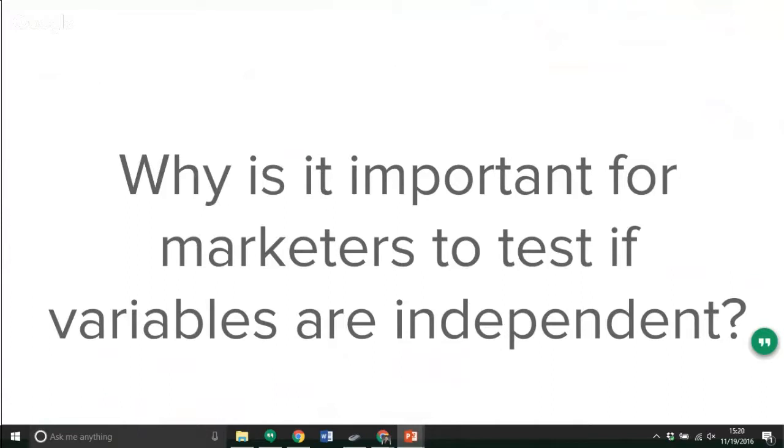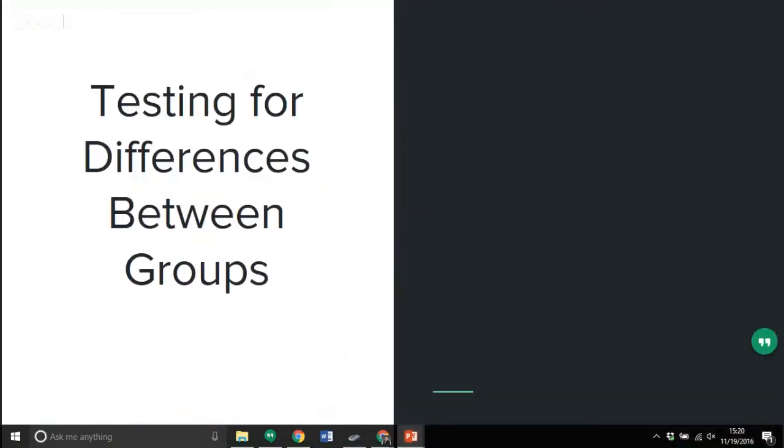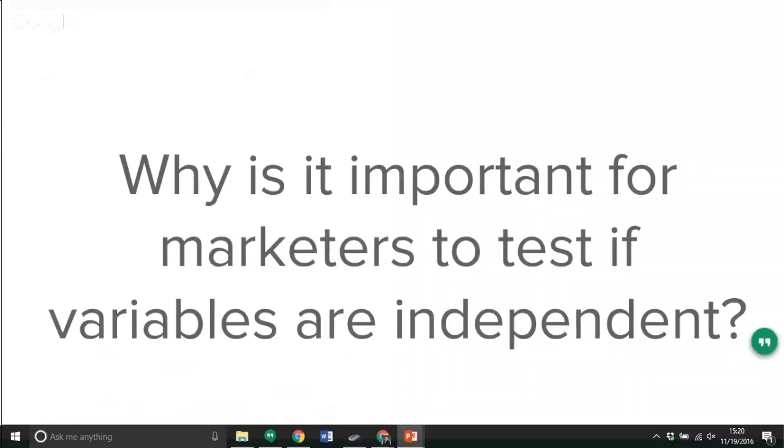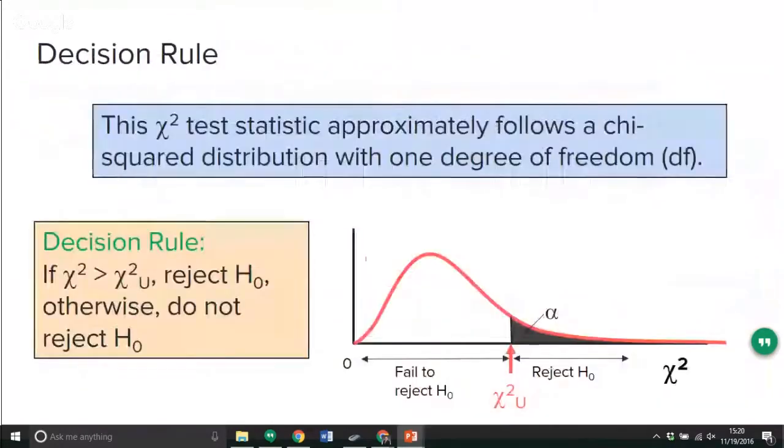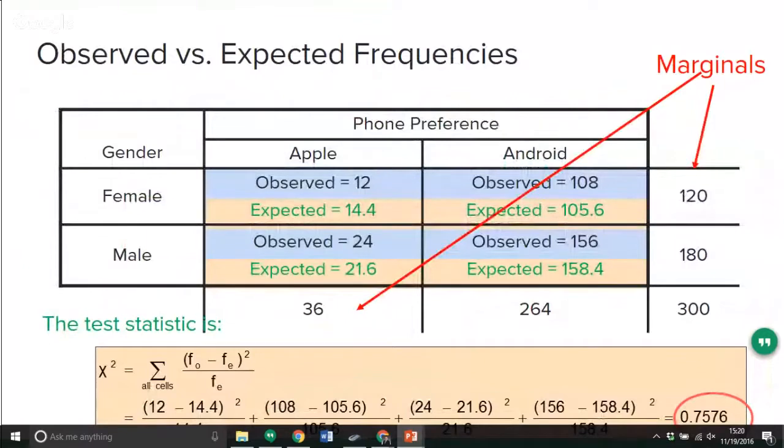If they're not related, then we don't have to worry about potentially using them for a market segment. But if they are related or they're dependent on each other, then this could help us formulate and look at which cells, which groups are actually dependent on each other. So it would be the same chi-square statistic, observed minus expected, squared, divided by expected, the same one. You can see there's a relationship with each other, only now we're using it to test multiple